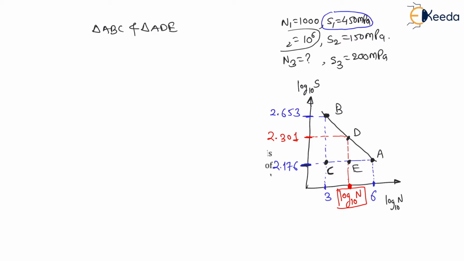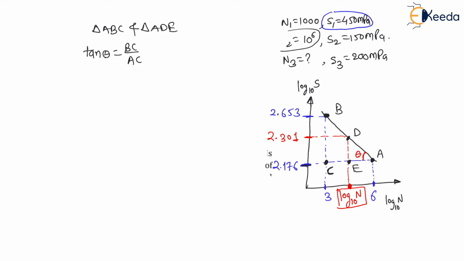So let us assume the angle at A as theta. Therefore, angle at A will be theta, right? This theta angle is common for both triangles. Therefore, can I say for both triangles, as they are similar triangles, tan theta is nothing but opposite side divided by adjacent side. Opposite side here is BC divided by adjacent side. Tan theta is opposite side divided by adjacent side. Make a correction, right? Therefore, BC divided by AC.